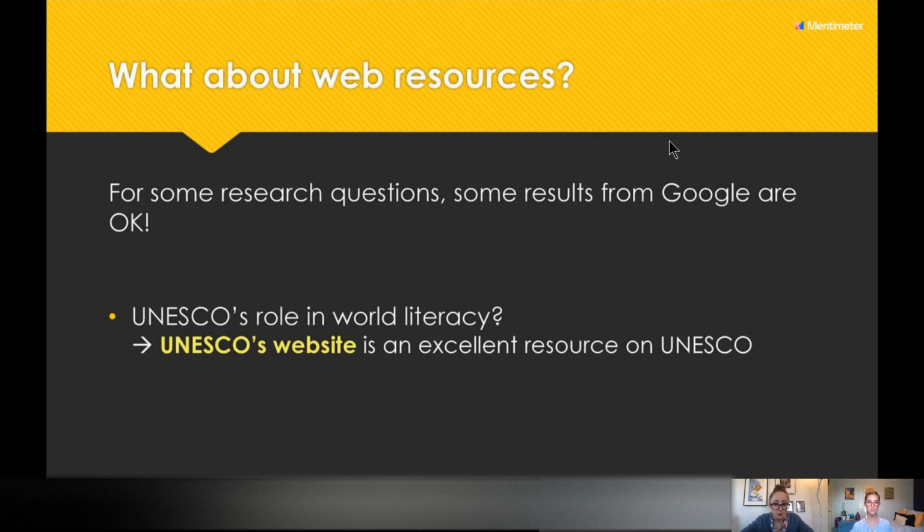Sometimes you might actually want to use Google in your research. So as a librarian, sometimes I actually kick myself because I don't start with Google. I start with Omni and these other databases when I'm trying to answer a really simple question and I can't find the answer, and then I go to Google and there it is. So something like